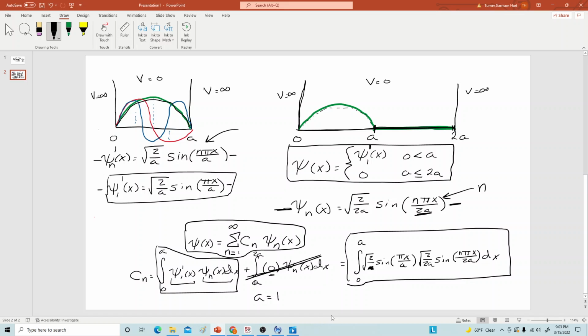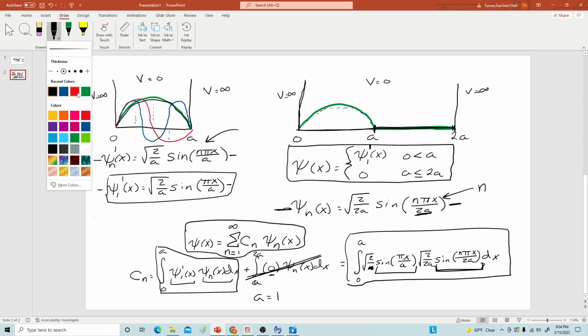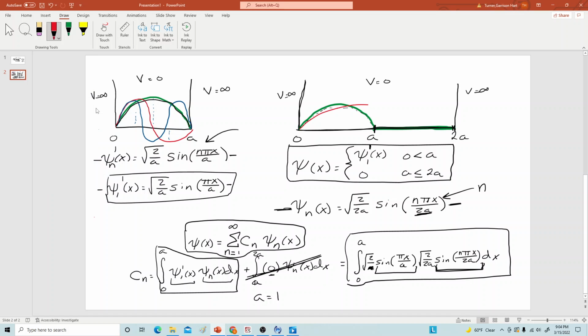So we're going to basically, the integration, the meat of our algorithm is going to be multiplying our original wave function by each of these stationary states. And just like we had in the original well, these stationary states for the expanded well, the n equals 1 is going to just simply be,